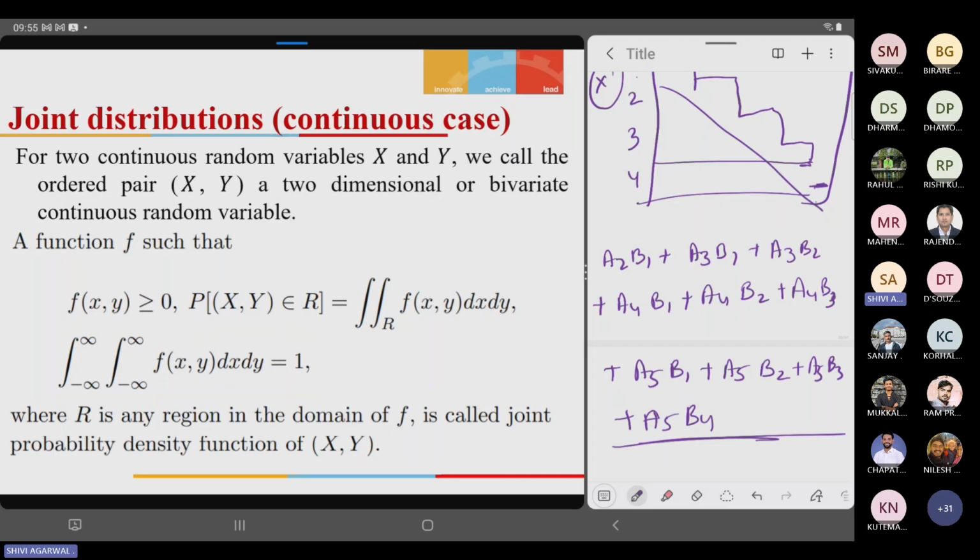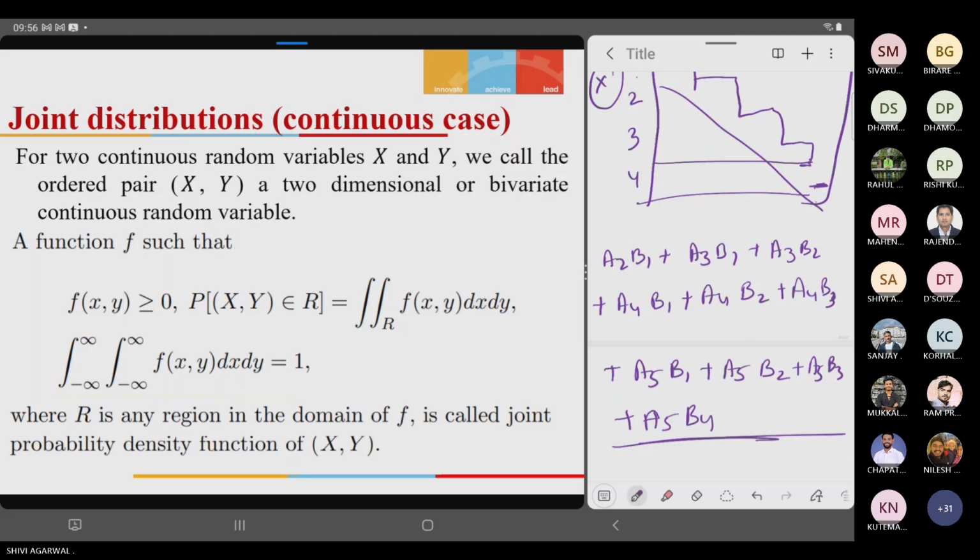So what is the difference between the discrete and continuous? In the discrete case, we are using the summation, and in the continuous case, we are using the integration. So all the concepts of the joint distribution, whatever we have done till now, are the same, only summation is replaced by